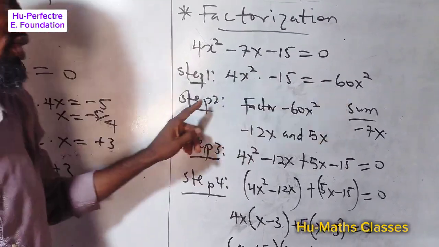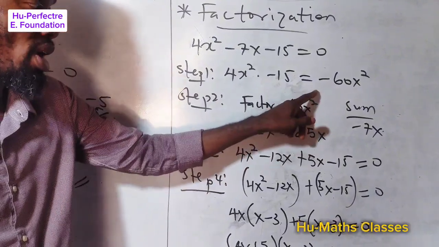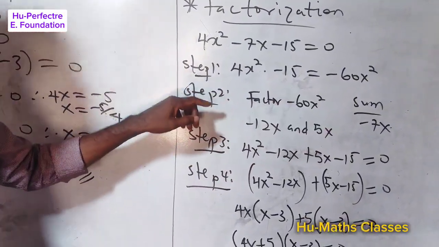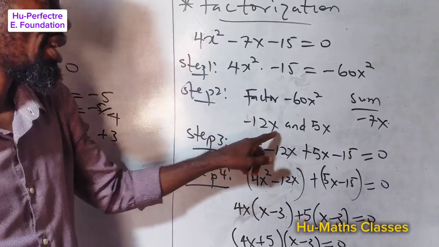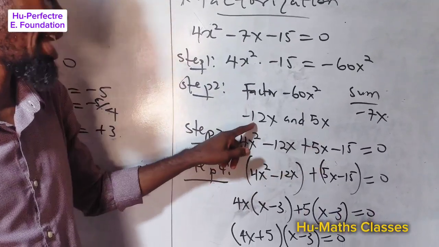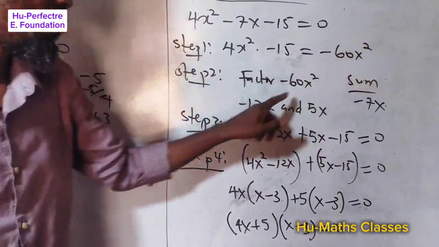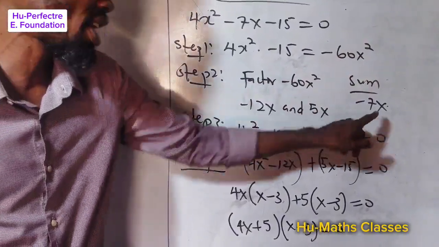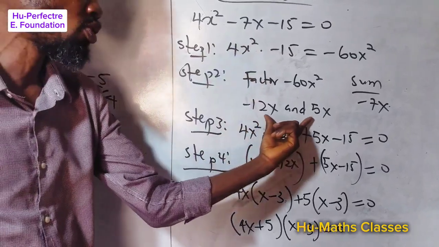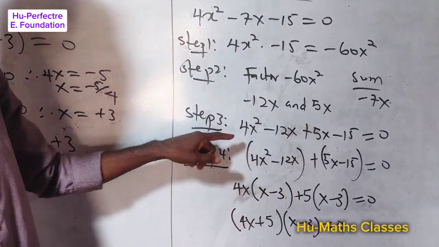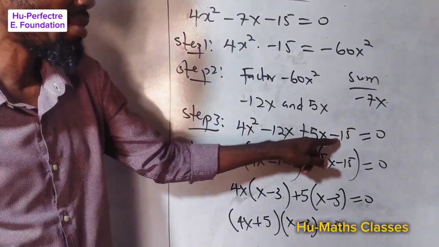We got this result. Second step, find two factors of the result we got, minus 60x squared, for which if you add them up, you arrive at the second variable. Those two factors are minus 12x and 5x. If you multiply minus 12x and 5x, you're going to have minus 60x squared. If you add them up, you're going to have minus 7x. Then I said replace the second variable with the two factors we have arrived at. If we do that, we'll be having 4x raised to the power 2 minus 12x plus 5x minus 15